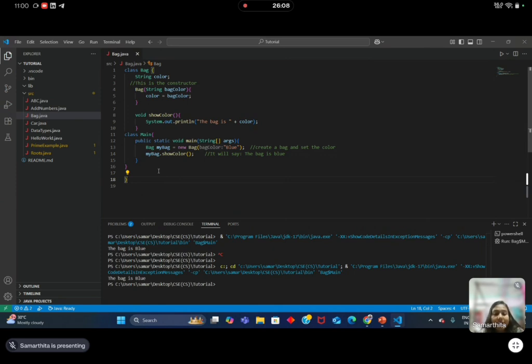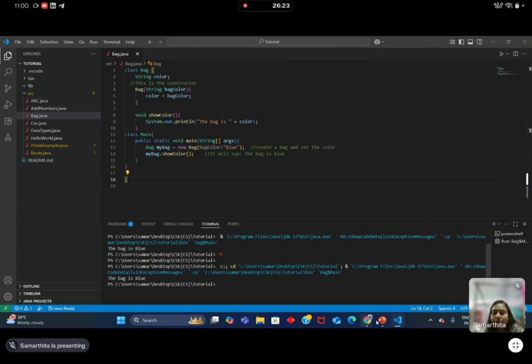Basically it prints the bag is blue, using the value stored in the instance variable color. So here it is the full concept that I am debugging line by line for your better understanding.